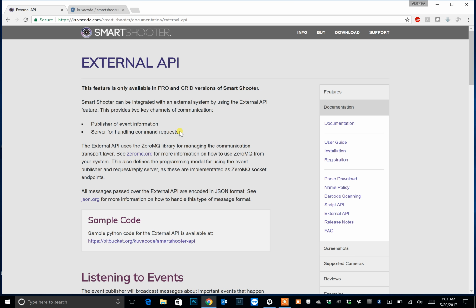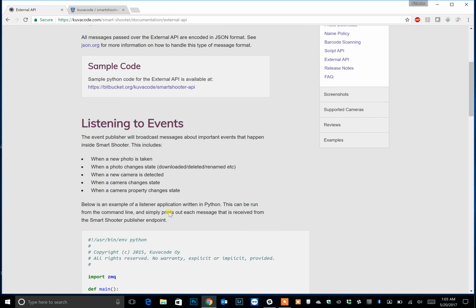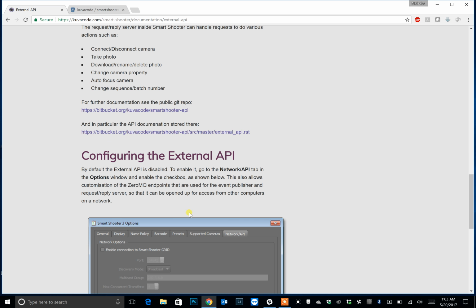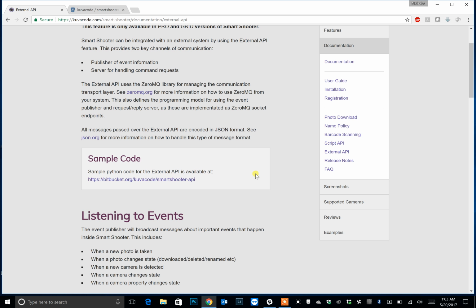So on Smart Shooter's website, we'll start here, the external API page. It talks about kind of what the API does. It tells you about the ZeroMQ library for getting messages in and out of Smart Shooter. And then it gives us a list of some things it can do, some code. It's all mumbo jumbo. So what we'll do is we'll start by going to the sample code page, which I